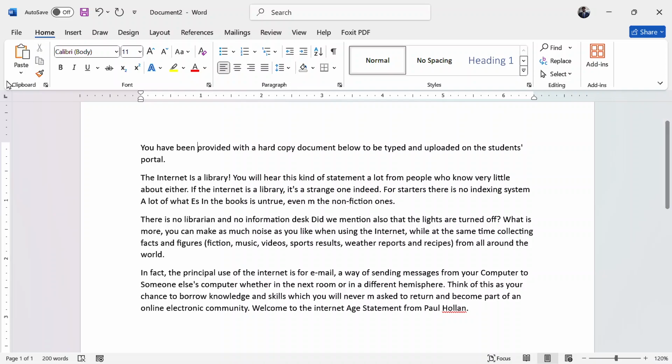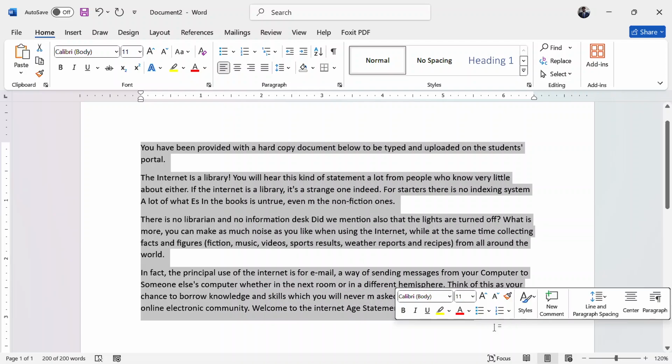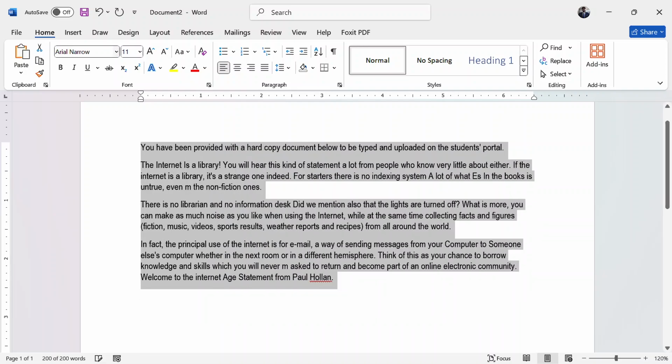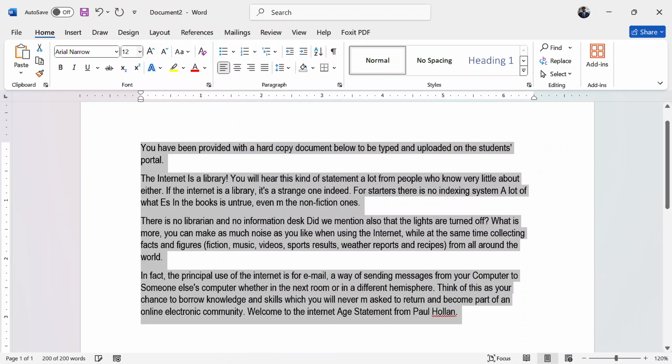We're going to select all the text and change the font style to Arial Narrow. So after selecting, tap onto the Home tab, under the Font group, and you get Arial Narrow. You start by typing in those words, and you definitely get the font style. After, tap enter and it will apply to your text.